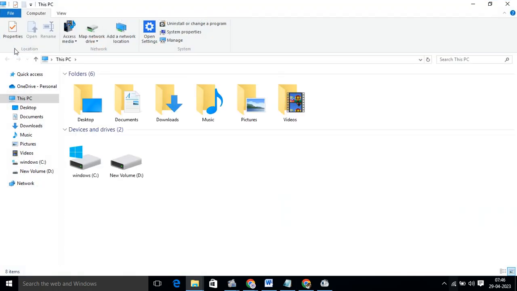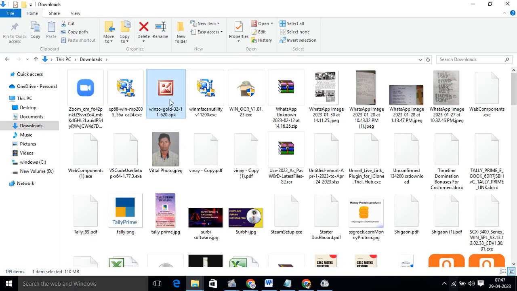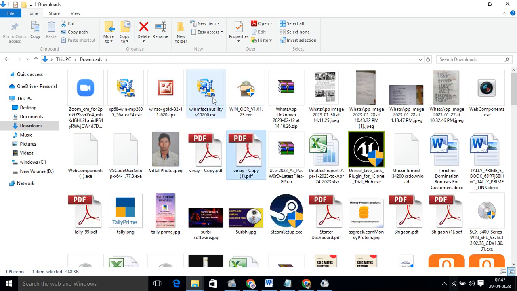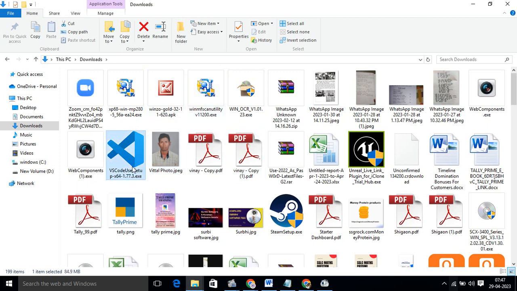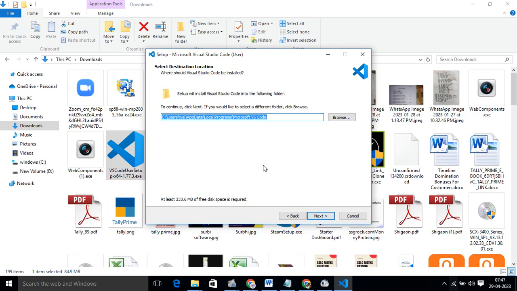Go to This PC, then the Downloads option, then here your downloaded file will be there. Here it is, our downloaded file. Then double click here, then select the I accept option, then press next, then it will show the path where it is installing,